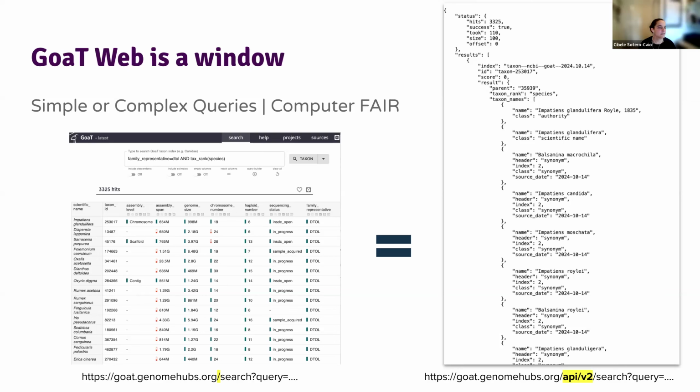Or give me a list of all of the bat species that are in the list of Darwin Tree of Life that have not started sequencing yet, but restrict those to only the species that have a chromosome number from 12 to 20. You can do this kind of search and exclude everything that has been published or is in progress by another project. So you can see that things will get bigger and bigger and bigger.